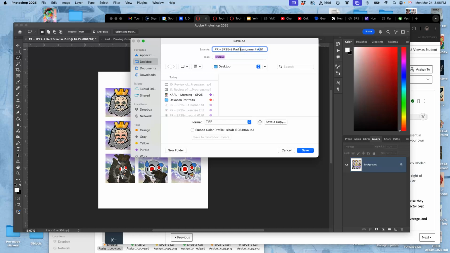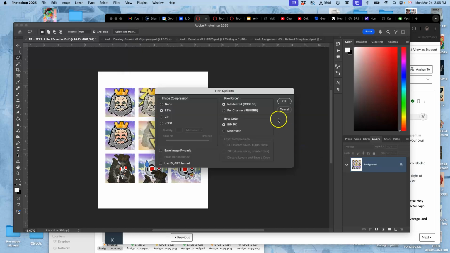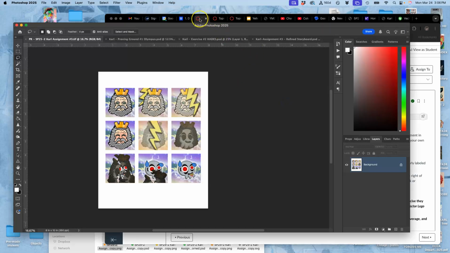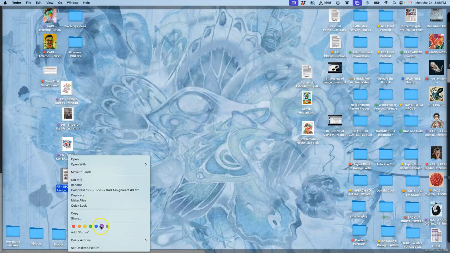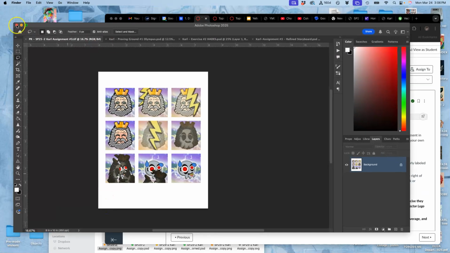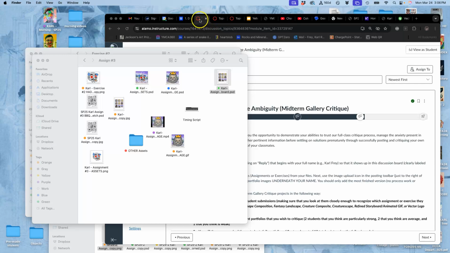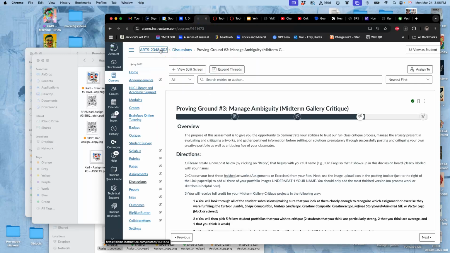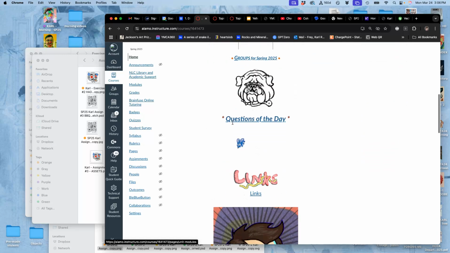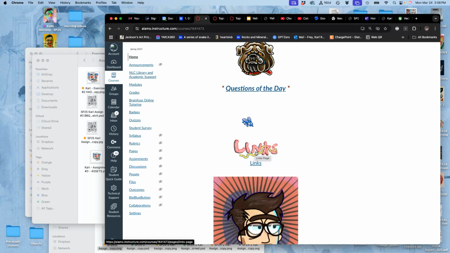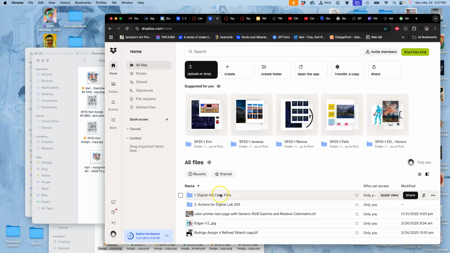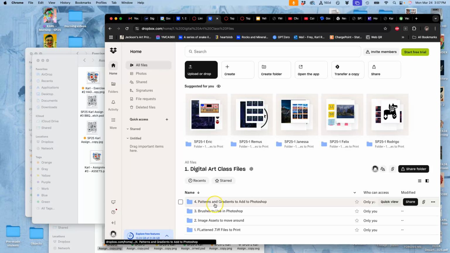Okay, now you need to know where to put them in our final minutes, because if you can put them in the right place, then I will be able to print them for you. Okay, and then you're going to put them all into a folder within your master folder that you mark as your print ready files. And then what do you do with them? Okay, so now you go to the home page and you go to links. And I'm not going to do that in the YouTube because I don't want to give our login for our sites. In the class Dropbox, you're going to double click on the first folder, Digital Art Class Files, and then you're going to click